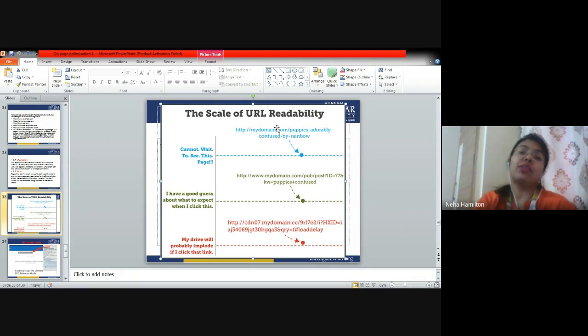So URL structure is also very important when it comes to on-page optimization, because if you don't design the right URL, you are not going to get a lot of traffic, because people get confused, people get puzzled when they see the URL. If you give them a clean and brief URL, it becomes easy for the customers and users to understand and go to that particular web page. Okay,